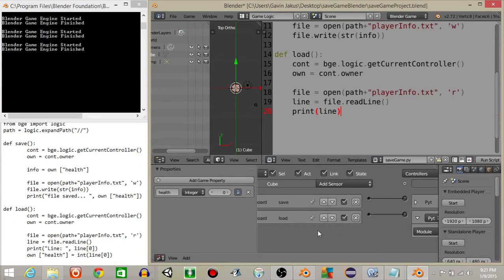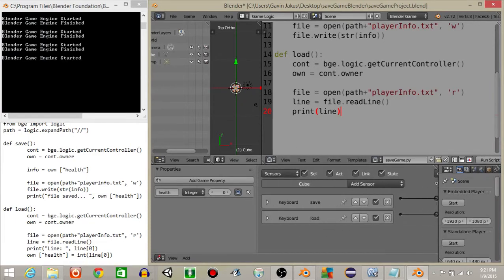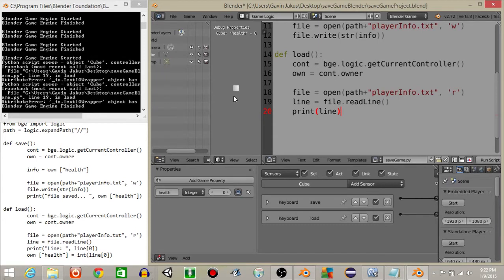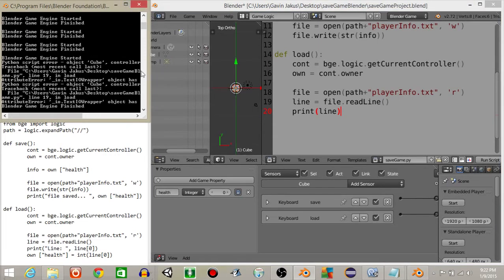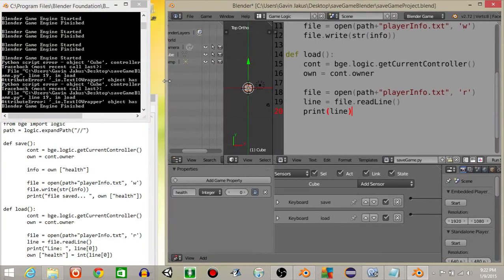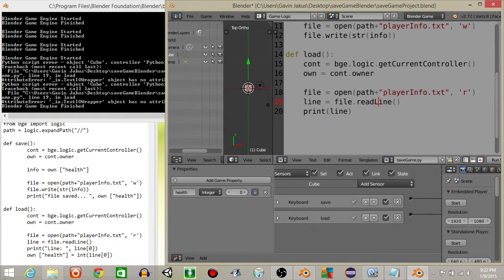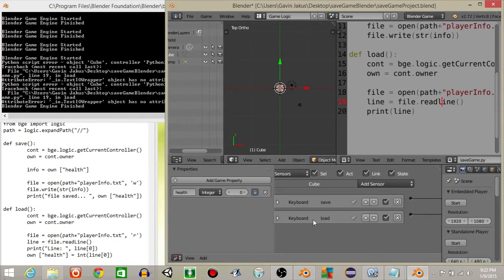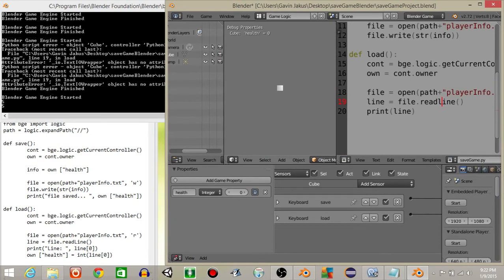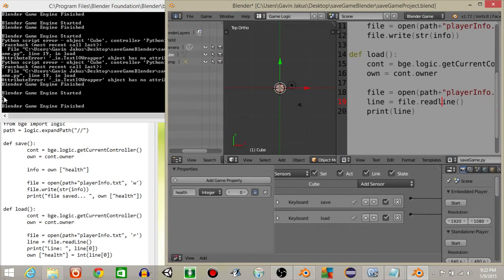And we can see that this works, because if we hit play, you'll see in the top part of your screen where the debug property is, it still has health of 0, but if you press L, it actually has an error right now. Let me see what this is. Oh, sorry. Make sure that readline, the L is lowercase. I keep making that mistake too. So if you hit P now and hit L, you should see that in the console over here, it prints